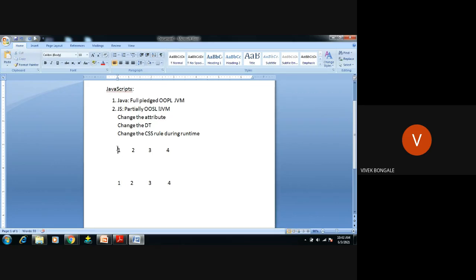Here the client will request a web page, and the request will be sent to the server. The server will check if that web page is there, then the web page will be sent to that particular client. So to do this task, we require a client and a server. This we call the client server model.